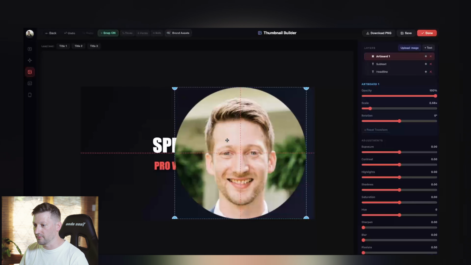Again, I can scale it up and down from within the canvas, or use the controls that I have on the right hand side. Now if I come down to the bottom right here, we do have a few cool tools that we can use to start building this thumbnail. The first one I have here is the remove background button. So if I click that,